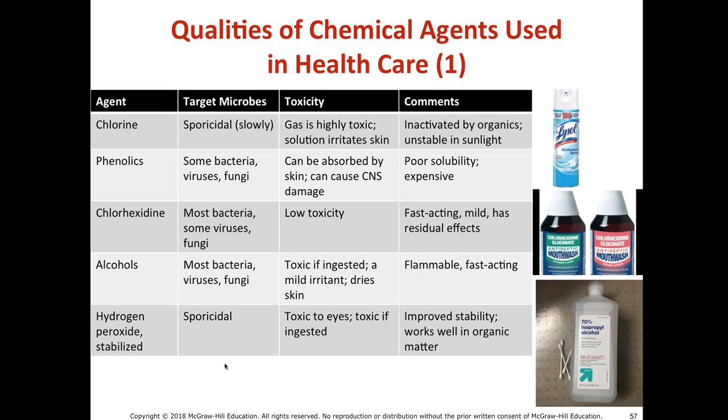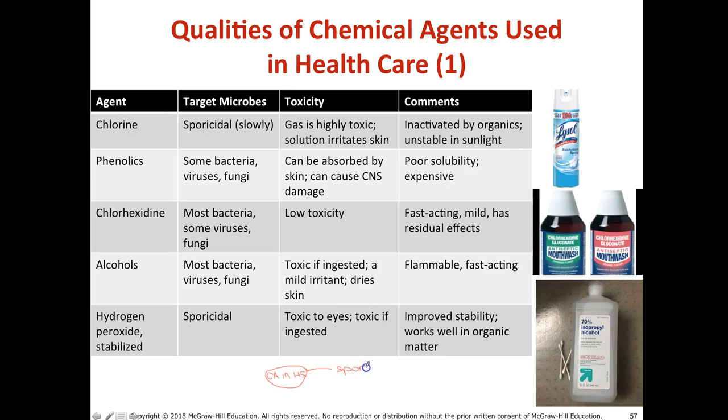What I think would be helpful for your exam is to create a concept map. I said this kind of in class, but in the center I would put chemical agents in healthcare, and then branch it into more of what the target microbes would be. So I would have one branch, and I can kind of draw this out so you can get a better idea. So if here is, I'm going to abbreviate my chemical agents in healthcare. Okay, that's my center. What I would do is branch off and write